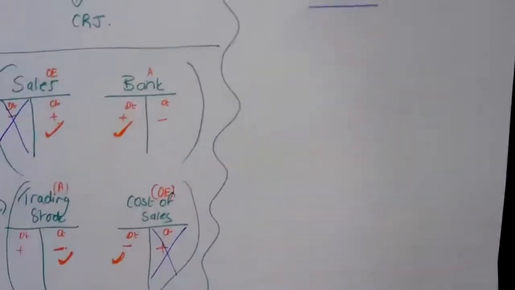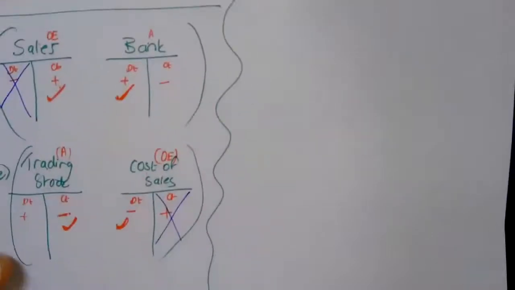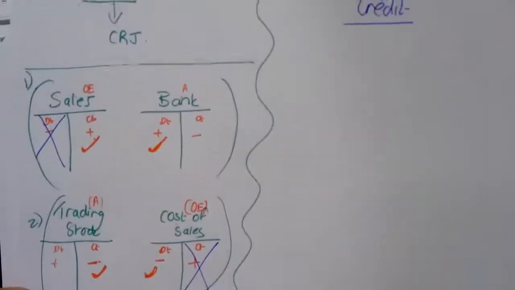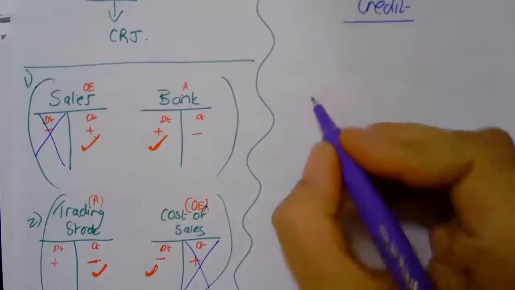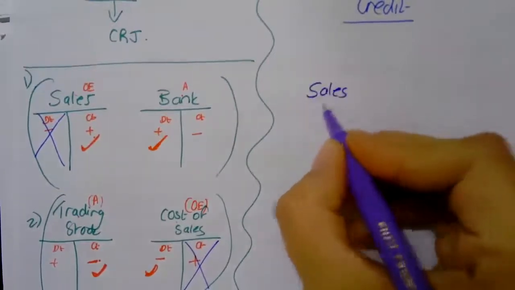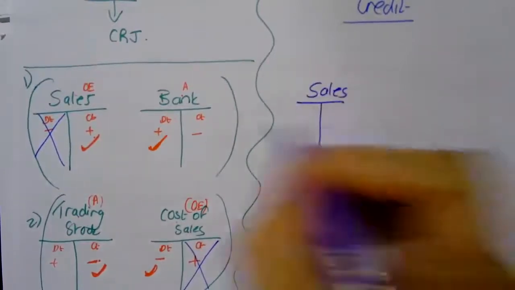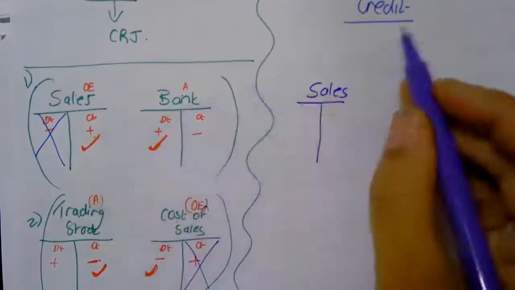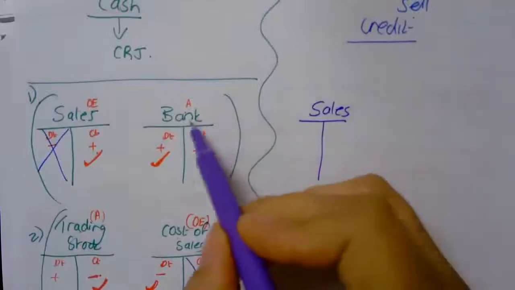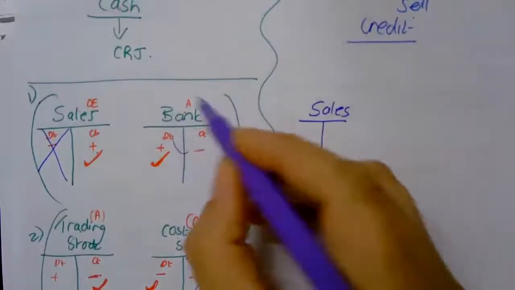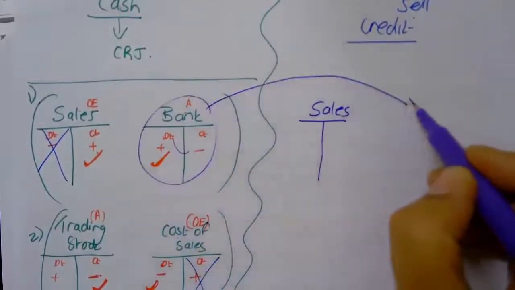But what do we do when we sell on credit? When we sell on credit, it's exactly the same. Let us quickly do it together. You will still have sales, as we have here. But when you sell on credit, you do not receive money. So bank is going to be replaced by